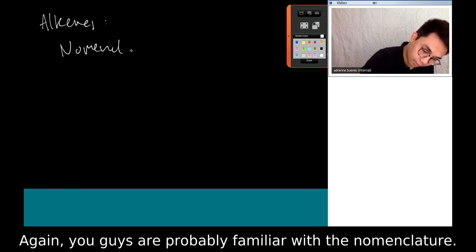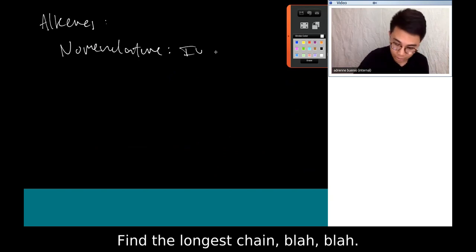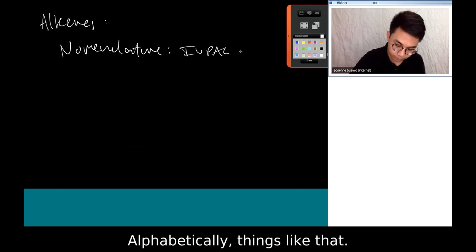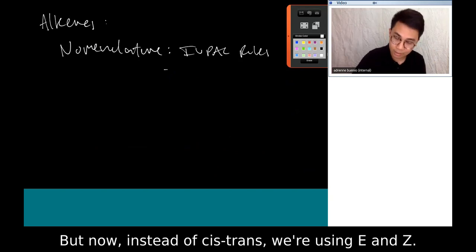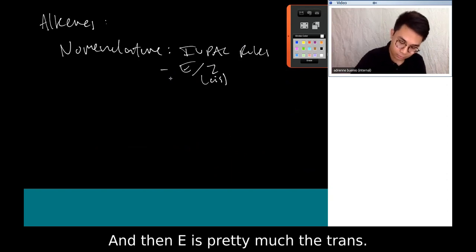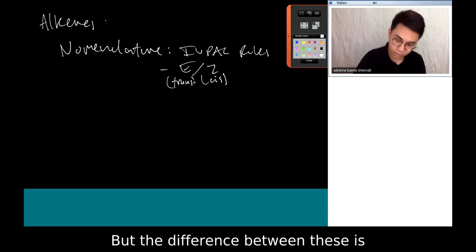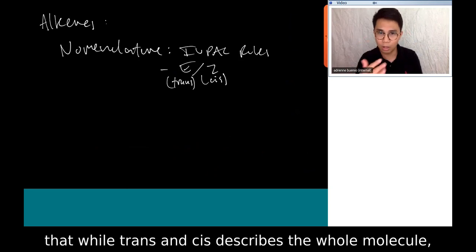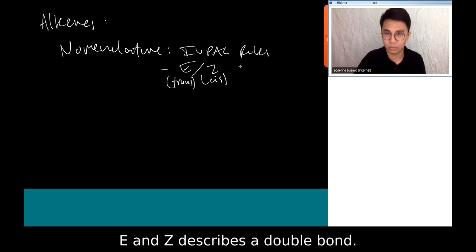Again, you guys are probably already experts on nomenclature, right? IUPAC is the same: find the longest chain, number it, name it alphabetically, things like that. But now, instead of cis-trans, we're using E and Z. So Z is pretty much the cis, and E is pretty much the trans. But the difference between these is that while trans and cis describe the whole molecule, E and Z describe a